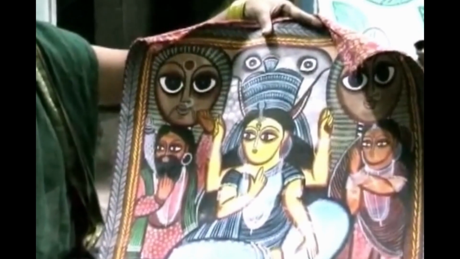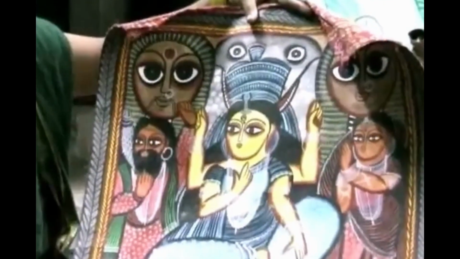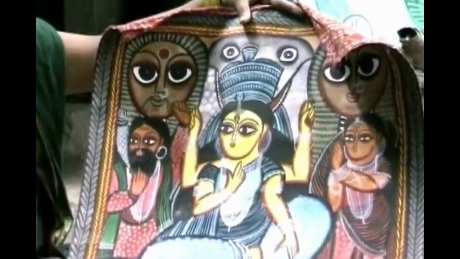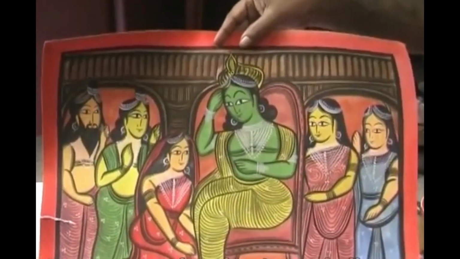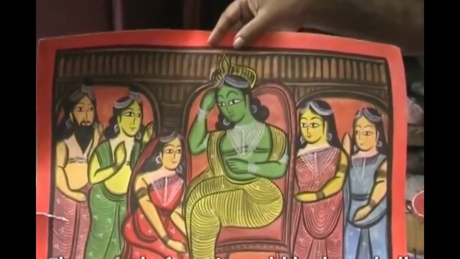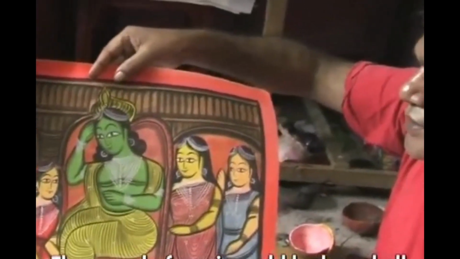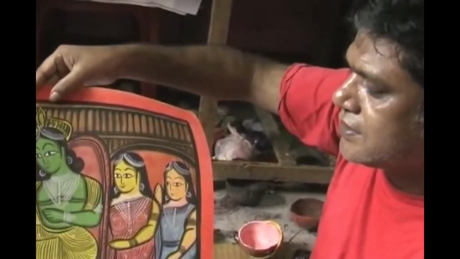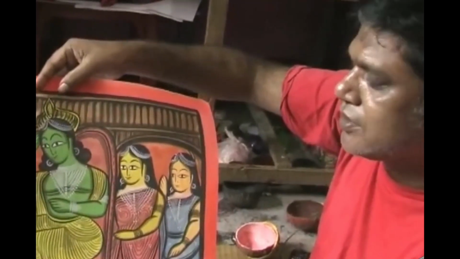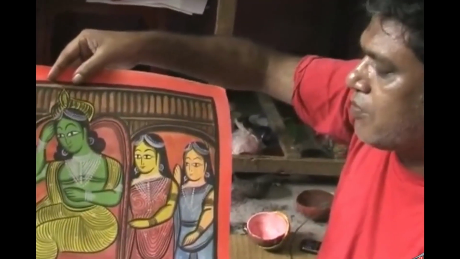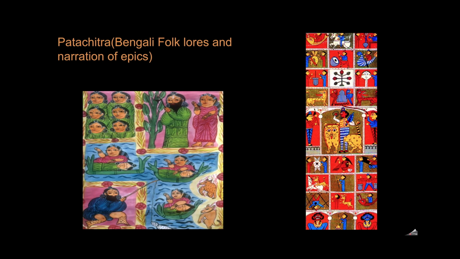Patha Chitra is a traditional form of storytelling and visual art that originated in the eastern Indian state of West Bengal. It is a type of scroll painting that narrates popular folklores, myths, and epics through colorful and intricate illustrations. The paintings are usually created on long pieces of cloth and are unrolled frame by frame as the story is narrated by the artist or a storyteller. It not only showcases the artistic skills of the painters but also preserves the cultural heritage and legends of Bengal. The vibrant imagery and detailed drawings bring the stories to life.